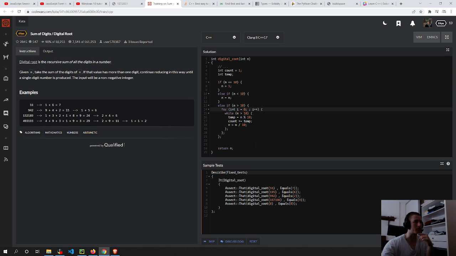So let me think about the logic first. The logic inside of this is to make count equal to the sum of the digits in n. And I'm using the temp to get this sum in count, and dividing n each time to get a different remainder, which is the last digit of n. So this block here gets all the digits, and if it's smaller than 10,